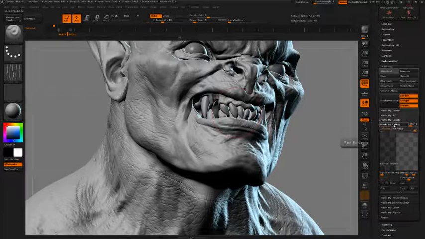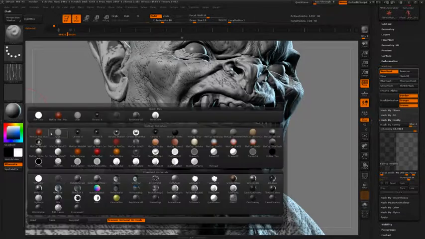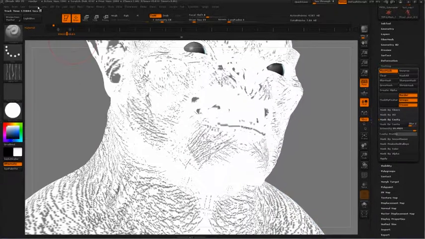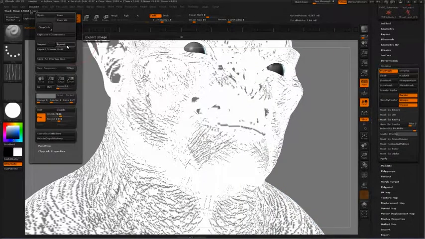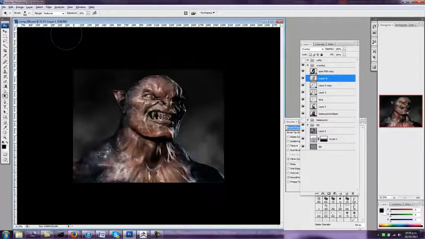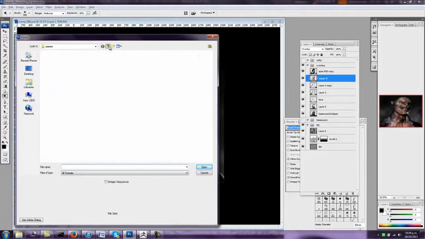Turn up my intensity and then click mask by cavity, and it's going to put dark masks down in all the recesses. So if I change my material now to the flat color material, I'll get a mask which is just the darkness of the recessed areas of the wrinkles. So I can just export that document as an image, and load it back into Photoshop here, load up that cavity,